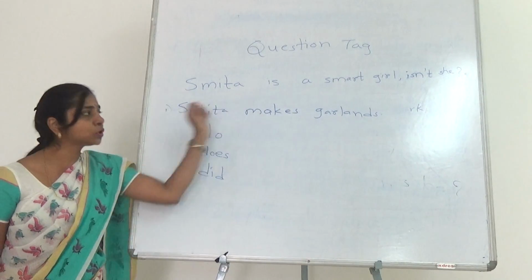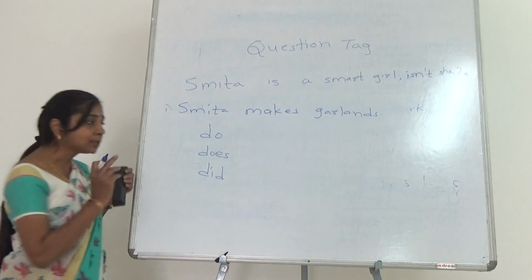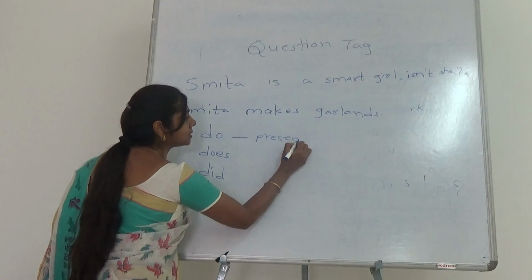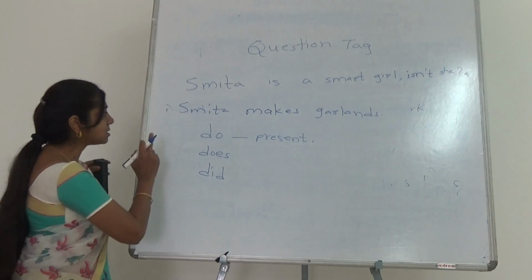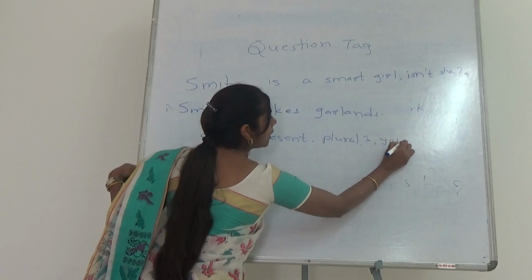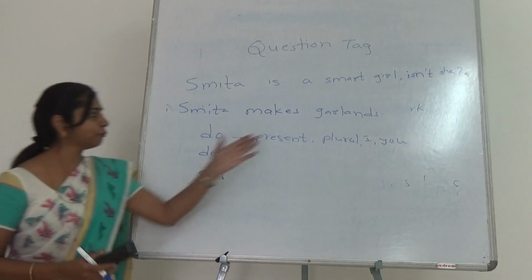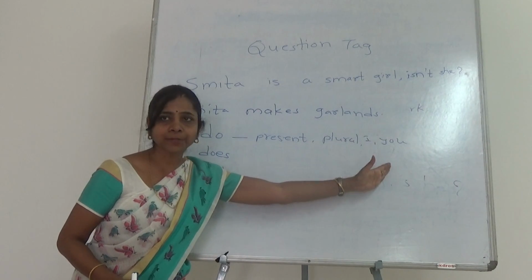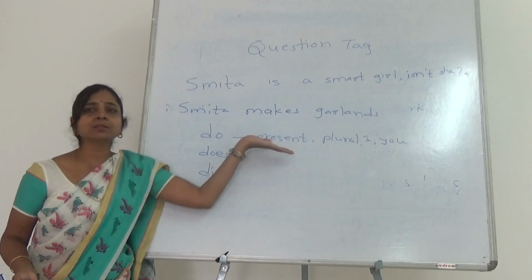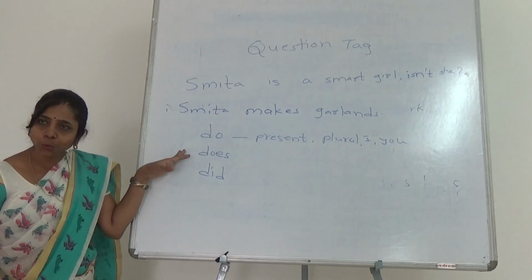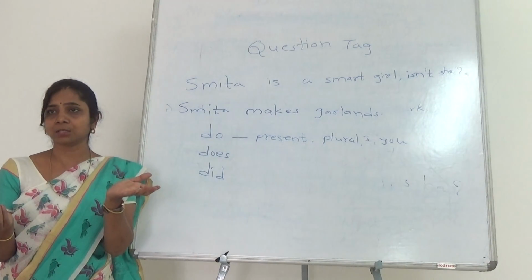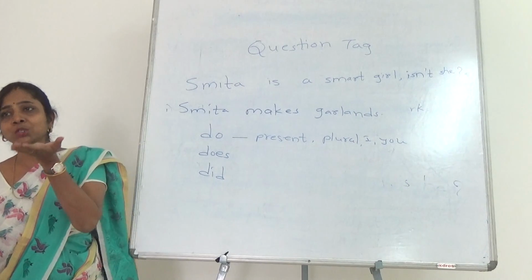Similarly, whenever you use do in the sentence, the condition of using do is that the sentence should be in present tense and the subject should be either you or plural or I. That is first person singular, second person singular, or it should be plural. So if these conditions are fulfilled, then you can make use of do. Then your friend has put a condition, but you are unable to pay him by tomorrow evening, so